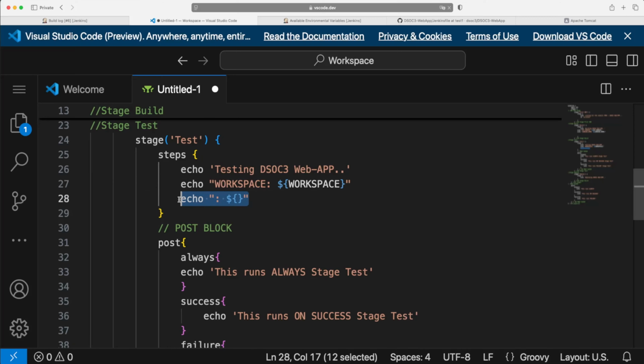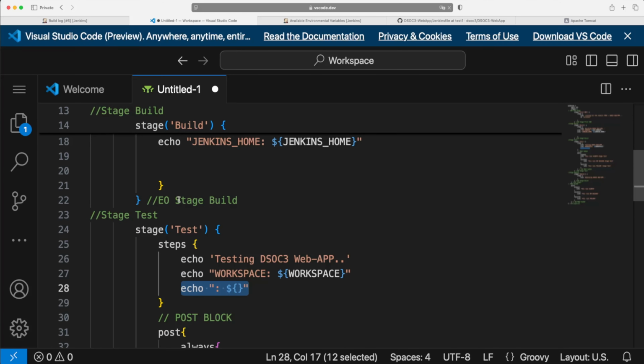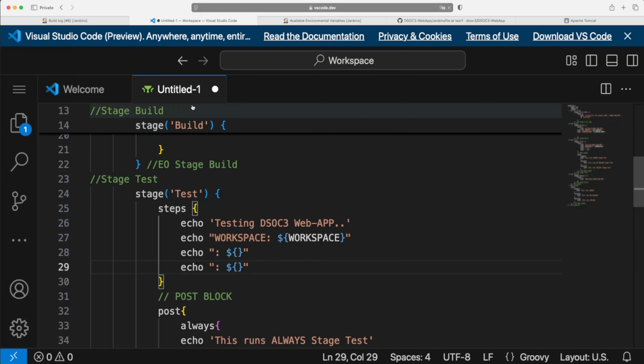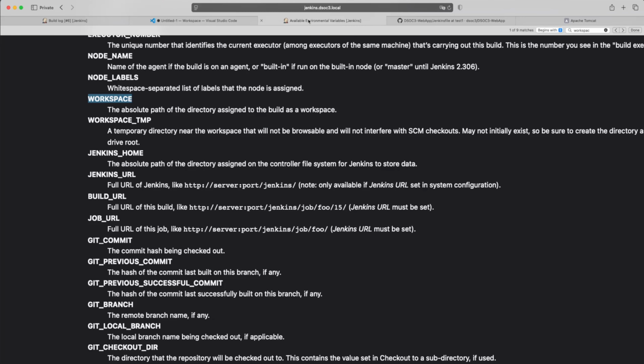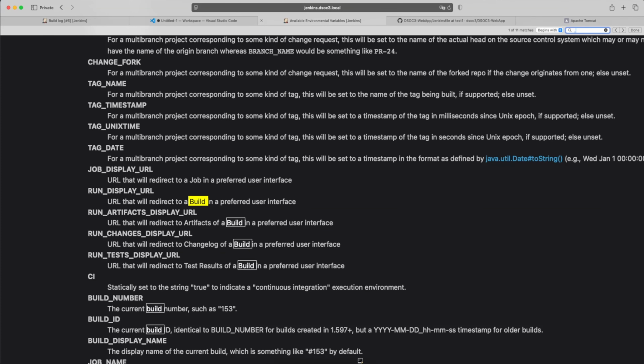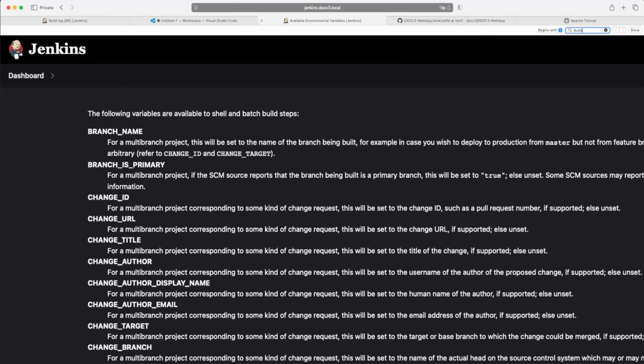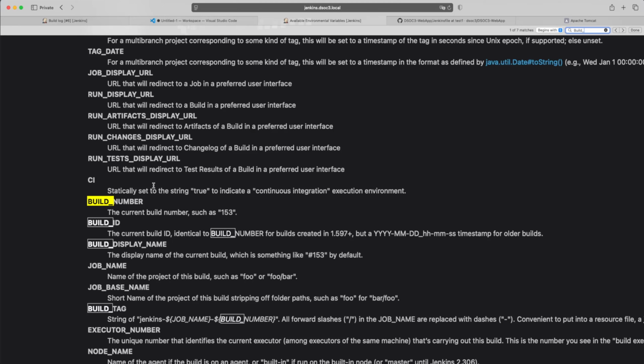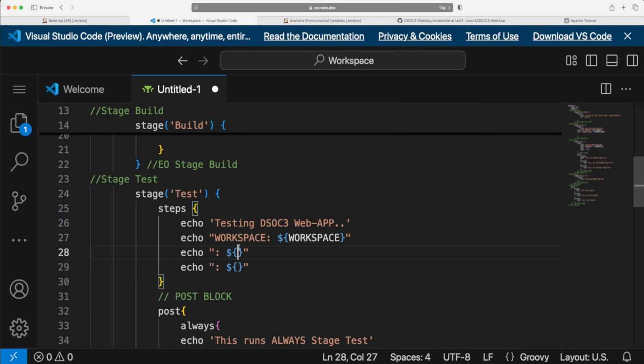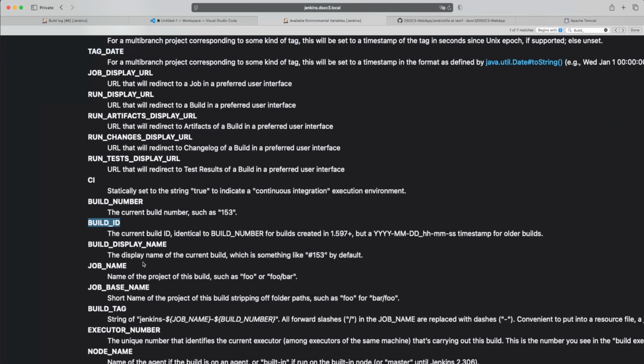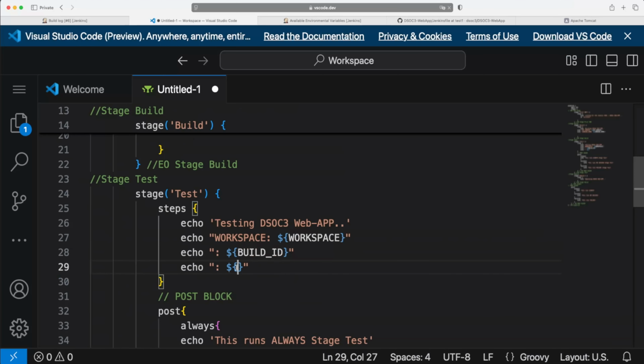Build number, I think we have already done. No, Jenkins home. Okay, so here we will call, control F, build underscore, so build underscore ID and number both. So let's first see ID, and here we go, and let's say build is done, and job name,